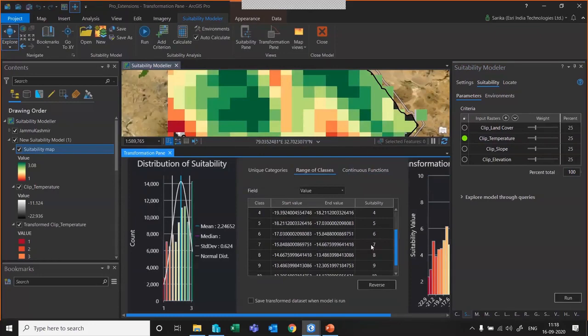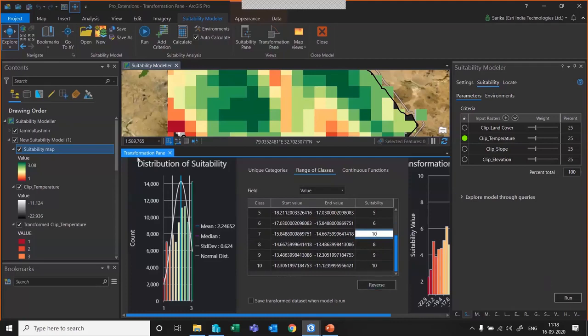I can say that my infantry troops should not go below -15 degrees. So I can assign a weightage of 10 to this, and I can set the rest of the values as 0. Or similarly, I can assign whatever priorities I want to give, assign those weightages, and just click Run.